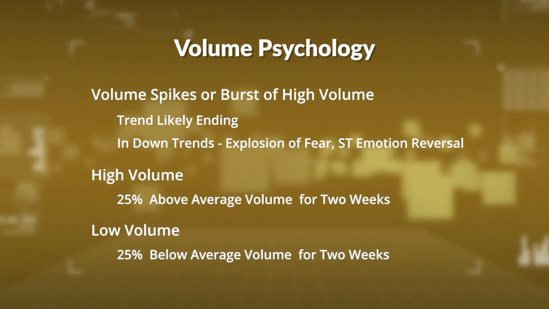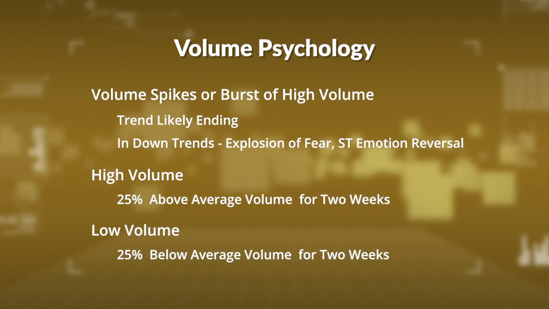And when I say a spike, that means you've had very steady volume and then all of a sudden it's earnings or whatever it is, and boom, the volume just goes crazy. And that will tell you there's a good chance you're going to see a reversal on what happened. In downtrends, it's an explosion of fear. You've got all these people that, it's moving down and all of a sudden you get this spike, and that means people are even more fearful. So you might see a short-term emotional reversal from the smart money.